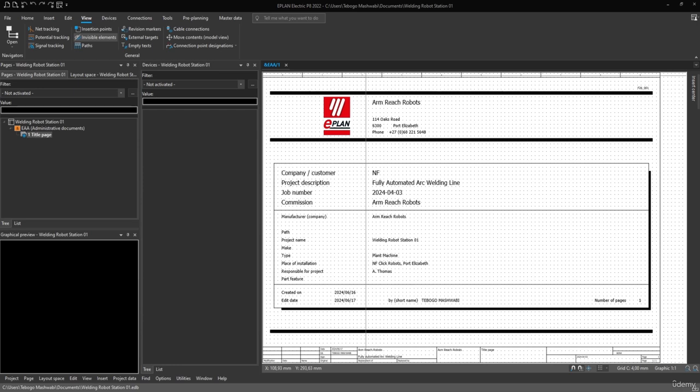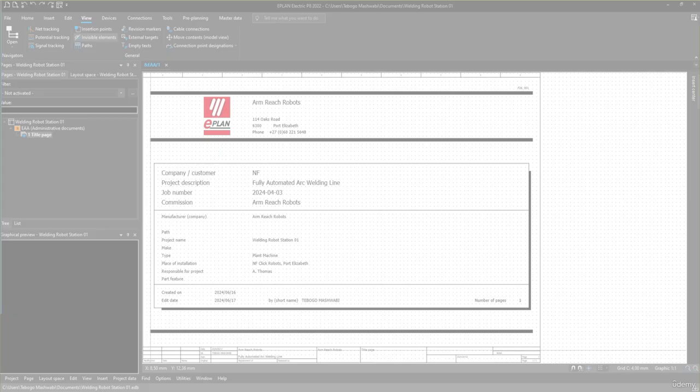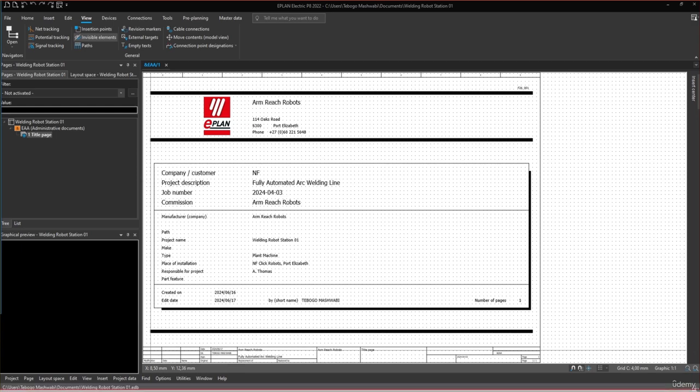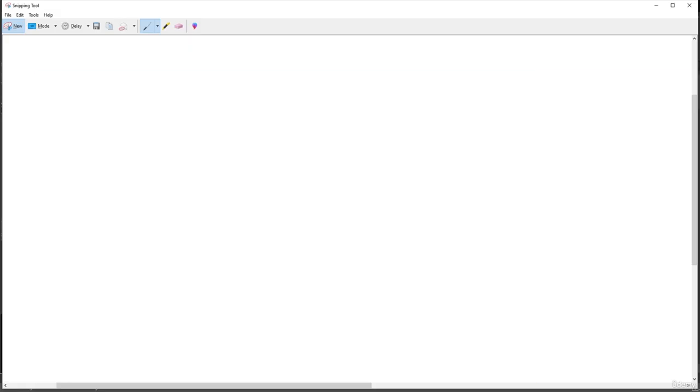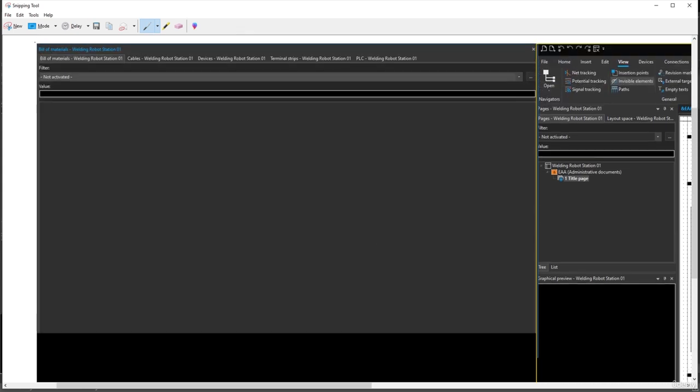So I'm just moving them to a different screen, and I will take a screenshot just to show you guys how it looks on a different monitor. So basically I'm just taking a screenshot so that I can show you guys how it looks. So basically, as you can see, this section right here,